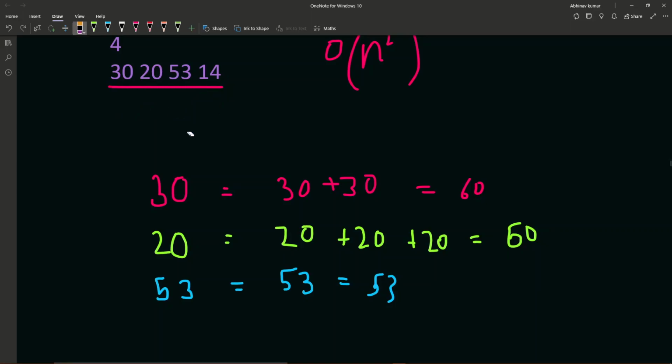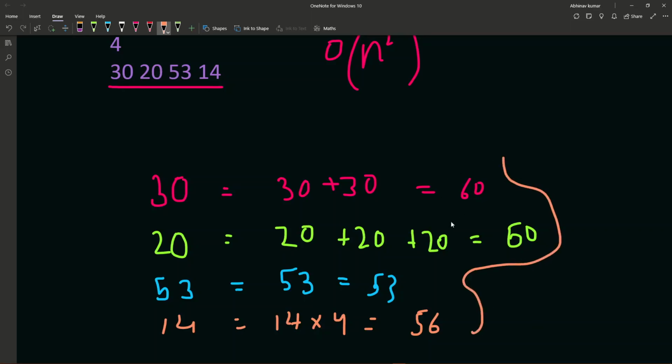And let's take our last case, which is 14. So let's choose our app cost to be 14. If we choose our app cost to be 14, then it will be 14 plus 14 plus 14 plus 14, so 14 into 4, because each customer will be able to take it. 14 into 4 is 56. You will be able to earn 56 if you choose 14. So this is all you can earn.